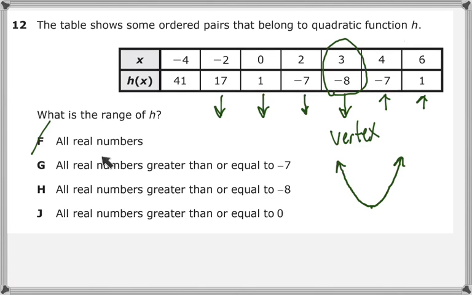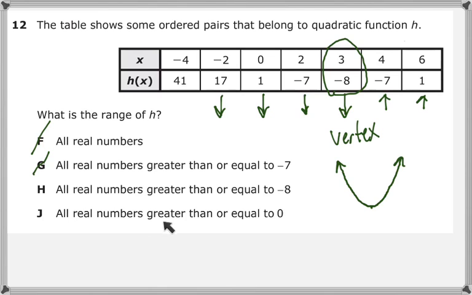Okay, so let's look at answer option G. All real numbers greater than or equal to -7. Okay, so we already have an example here of -8. Okay, so we can go ahead and rule that one out. Okay, so let's take a look at the next option. All real numbers greater than or equal to -8. Okay, so these are all greater than -8 to the left of -8, and then over here these are greater than. So it's looking like answer choice H is the right one, but let's go ahead and read answer choice